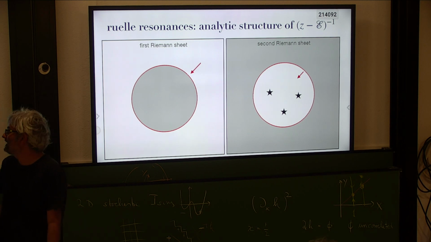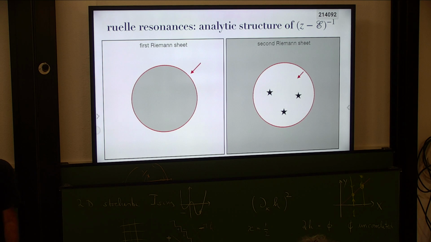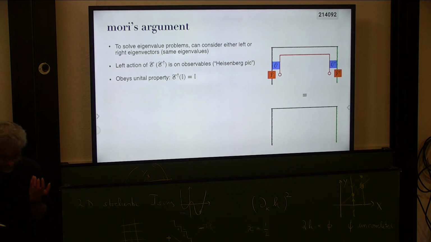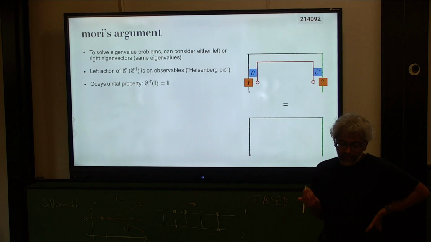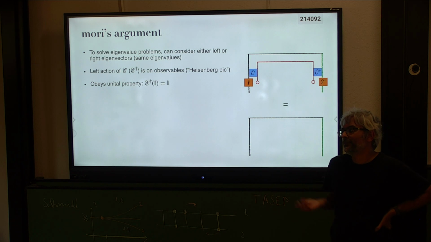And so the idea is that this phenomenon could be some kind of quantum relative of these physics. Okay, but Mori had a nice argument for where these modes come from. Remember that if you're trying to solve for the spectrum of one of these open system evolutions, they're not Hermitian. The channel is not a Hermitian operator,